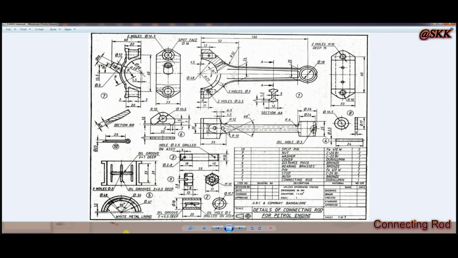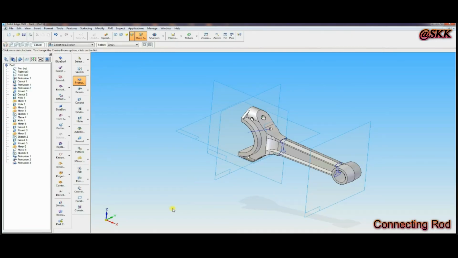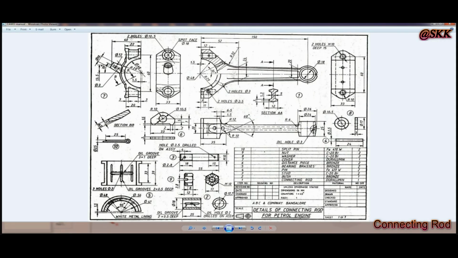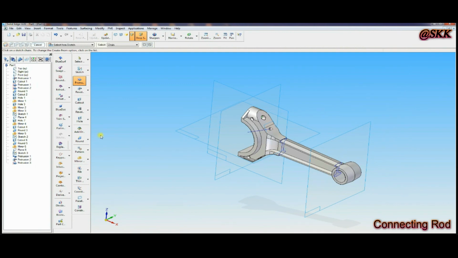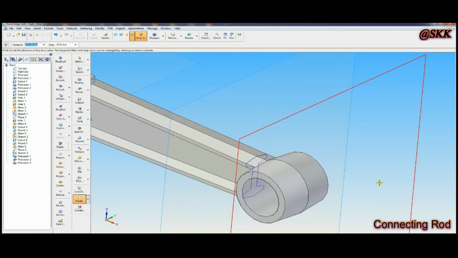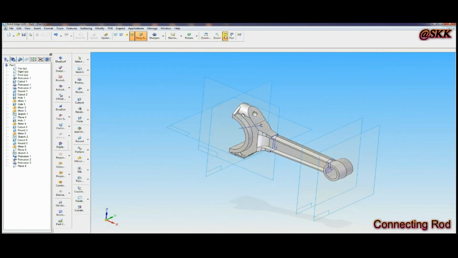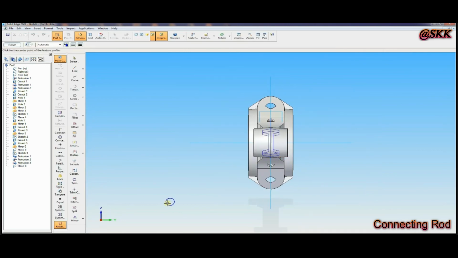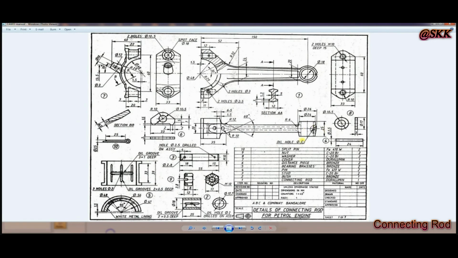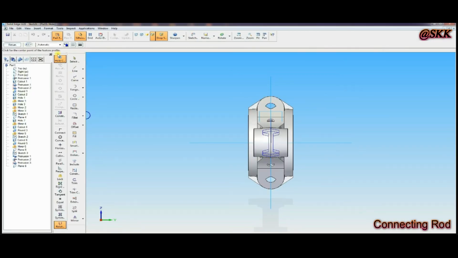Now you have to create the small oil hole. For that you have to create one more plane, an oil hole of diameter 3 mm. Parallel plane from here to the tangent circle, tangent. You can see one bigger circle with the tangent. Now click here, you can get the tangent plane. Now go to hole, select the newly created plane. In that you have to draw the oil hole.